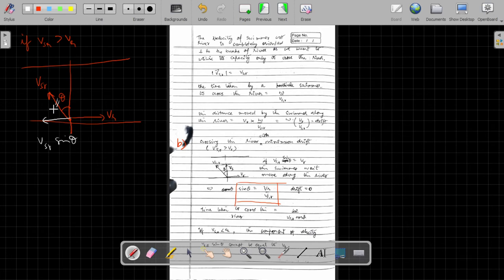So we know that we'll be getting the net velocity by adding these two vectors. So if this vector VSR sine theta entirely cancels out the velocity of the river, that is VSR sine theta is equal to velocity of river, then we'll be getting the condition of no drift. There won't be any drift at all, since the man would have no velocity along the river. All the components are getting cancelled out. So we'll be getting the first condition, that is sine theta is equal to velocity of river divided by velocity of swimmer with respect to the river.